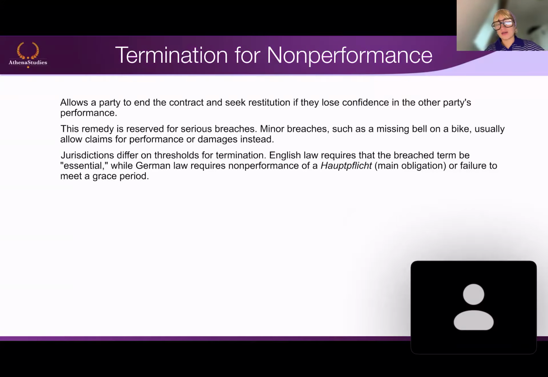Like, you cannot say that there was a missing belt on my bike, now I want to terminate the contract. It's not like that. That's considered a minor breach. This remedy is only for the severe breaches. An example would be you order a BMW, it comes to you, and the engine is missing. Well, if there's no engine, what is the purpose of the car, right? It's not. So when it stands in the way of the purpose of the thing or the contract, then it is a serious breach, and then you can definitely terminate the contract. That's what the court says.